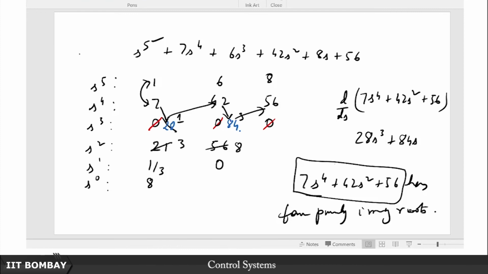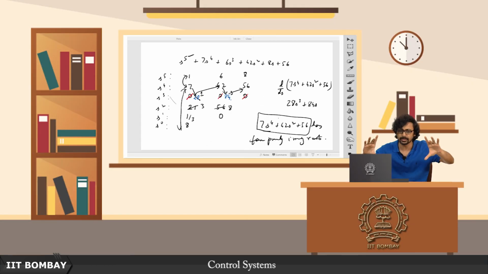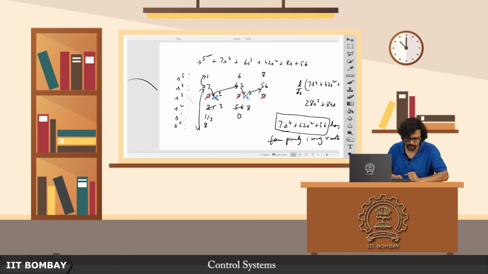So for example, if there were 2 sign changes from this row onwards, then I would have deduced that all the 4 roots are distributed in this fashion, 2 on the left half plane, 2 on the right half plane, and none on the imaginary axis, and therefore the original polynomial would also have 2 on the left half plane and 2 on the right half plane from this point onwards, and 1 on the left half plane originally. So the root distribution would have been 3 and 2, 3 on the left half plane, 2 on the right half plane. Instead of going about it this way, let me take